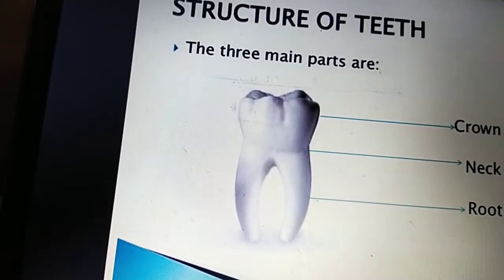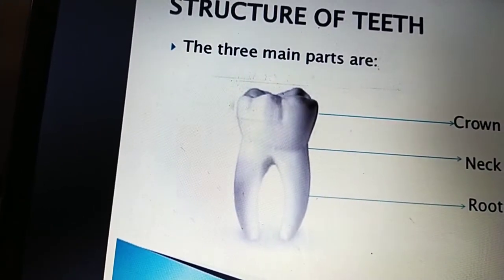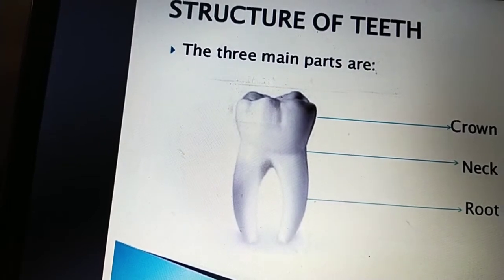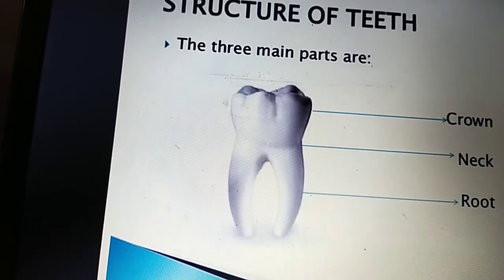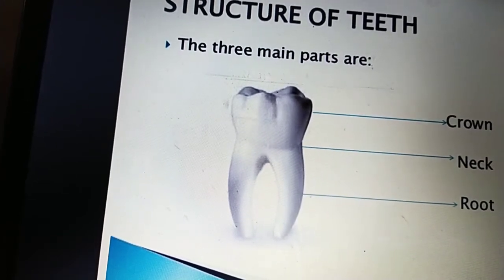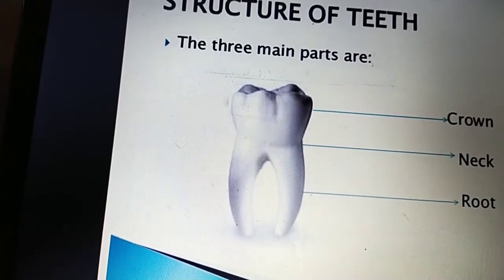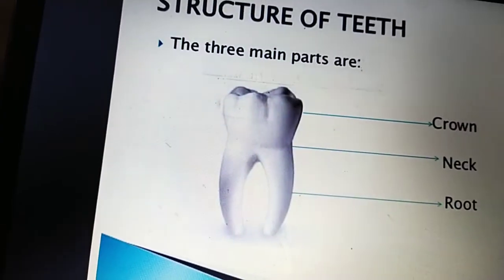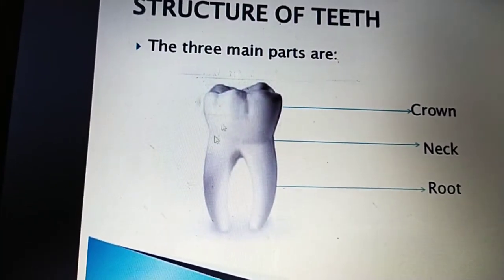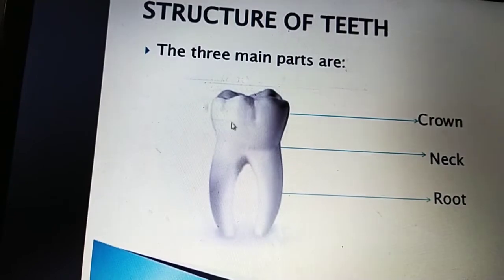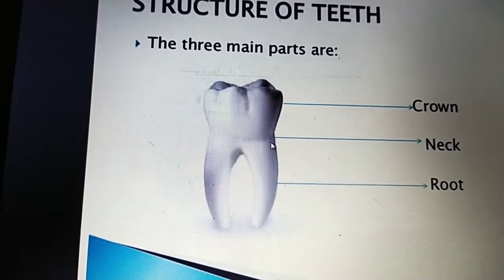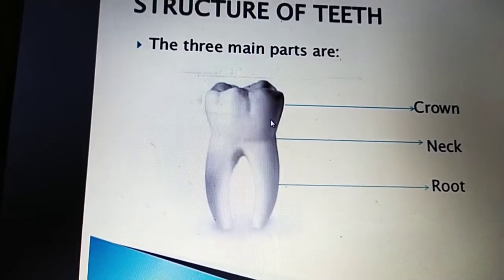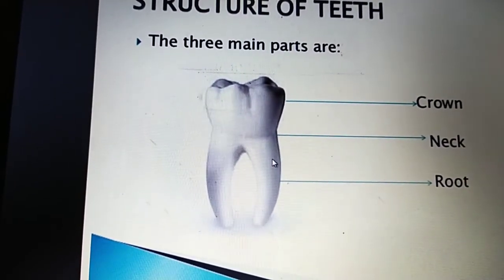Each tooth has a clinical crown that is exposed to the oral cavity, and the anatomical crown, that is from the cemento-enamel junction to the cusps and roots. This is about the crown. The crown is the functional part that is visible above the gum. And the neck is present in between the crown and root of the tooth.